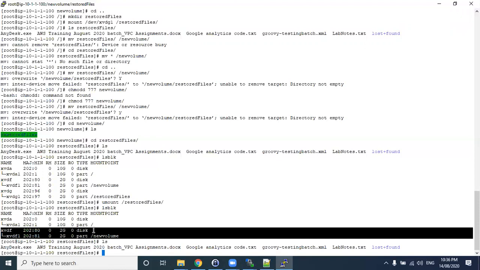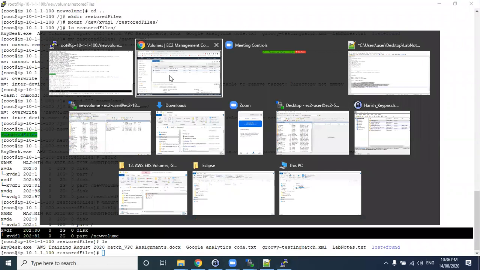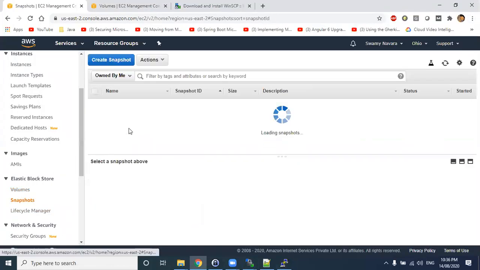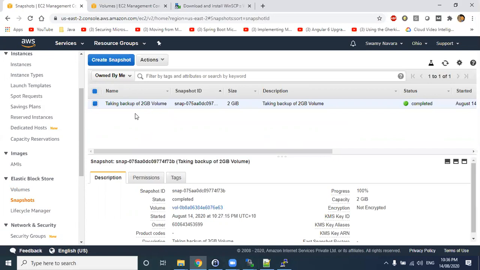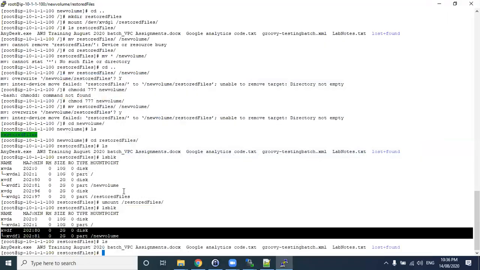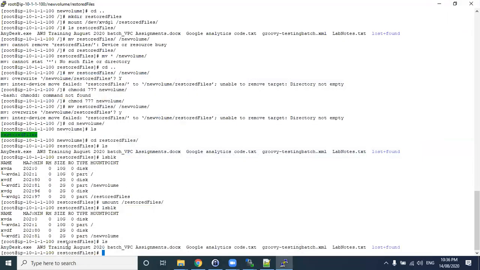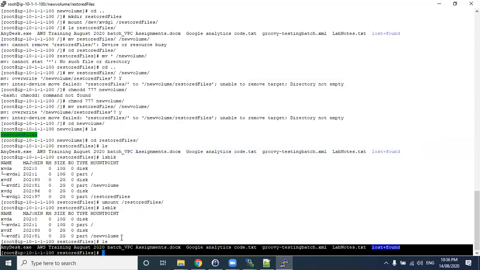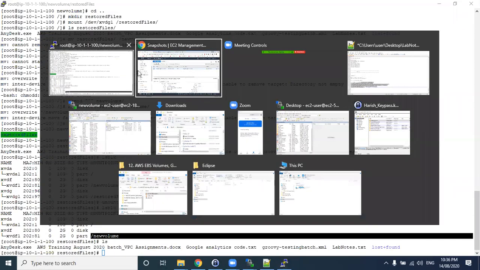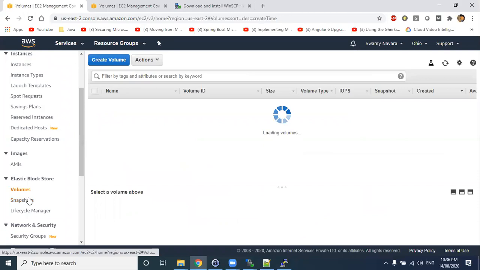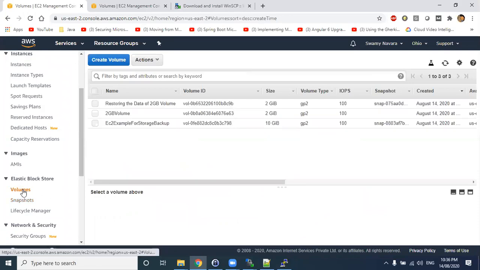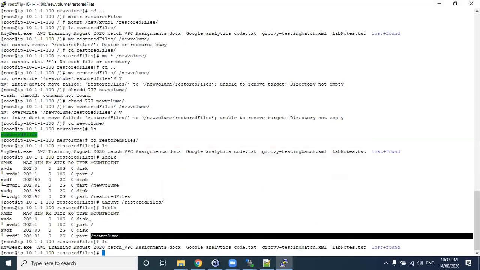Let's say you want to take a backup of this volume and delete it. For taking a backup, we came to snapshots, selected the particular volume, and created a snapshot. After taking the snapshot, we deleted all the files in the new volume. Then we came back to restore those files. We came back to volumes and created a volume, then attached this volume back to the EC2 machine.